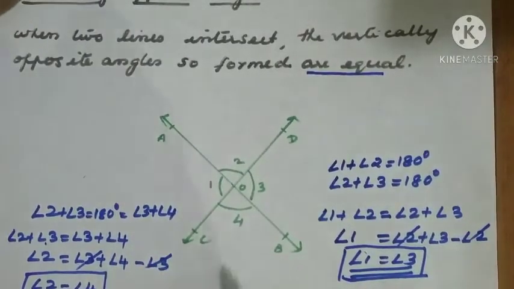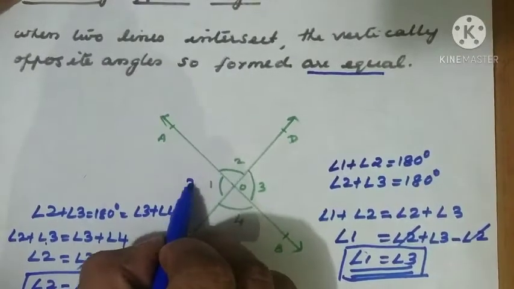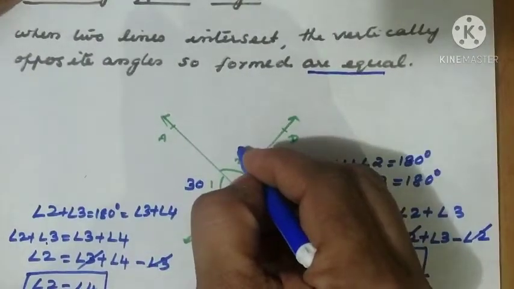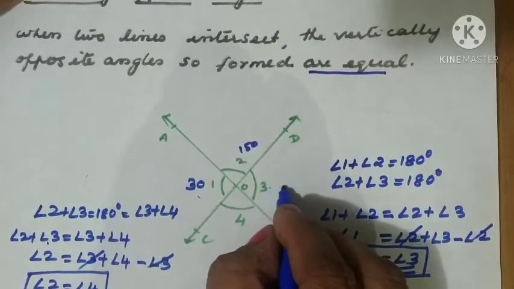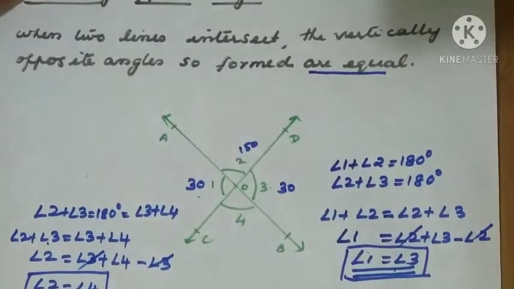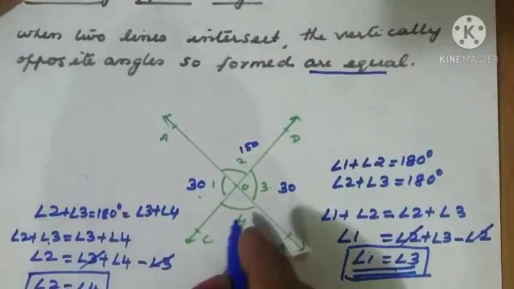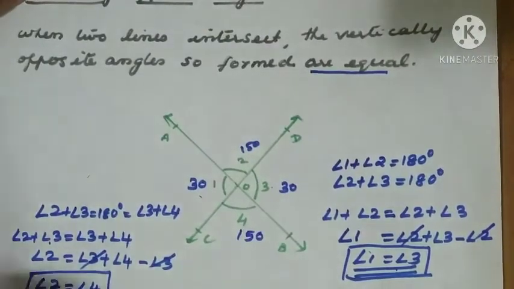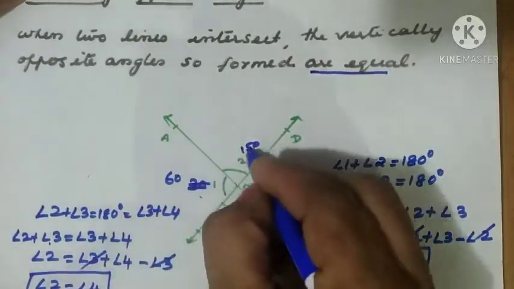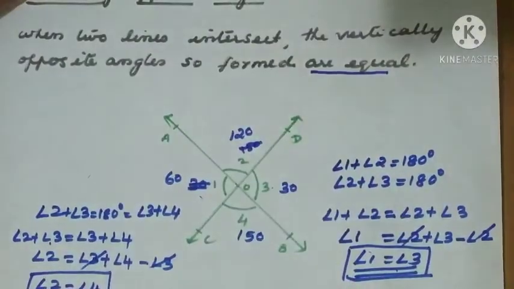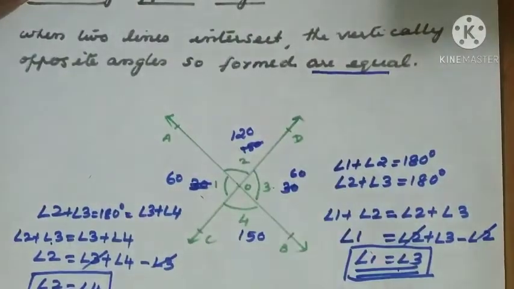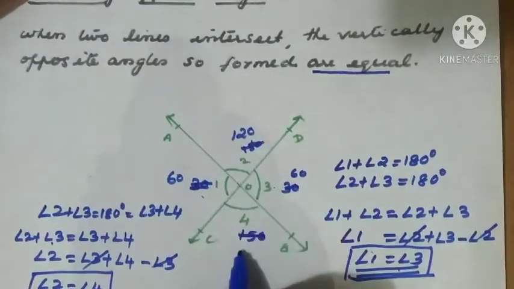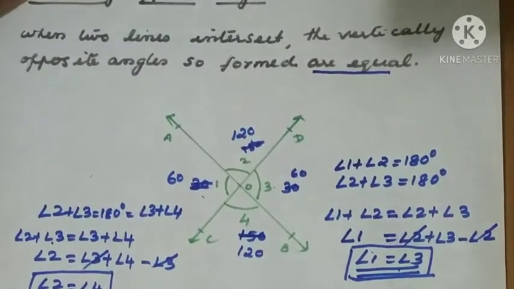So what is the meaning of this? If angle 1 is 30 degrees, naturally angle 2 will be 150 degrees, right, because of the linear pair. If it is 30, by this concept what can you say about angle 3 also? Angle 3 is also 30 degrees. What about angle 4? Since it is 150, it is also 150. Suppose I write here 60, then the number will change here to 120 because of the linear pair, right? So if it is 60, this is also 60, and instead of 150 we will get 120.